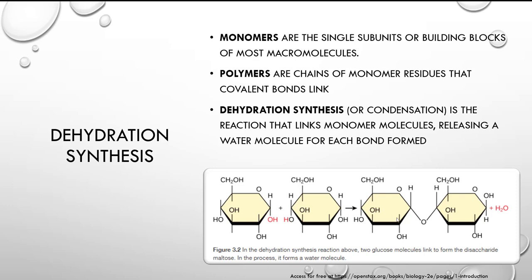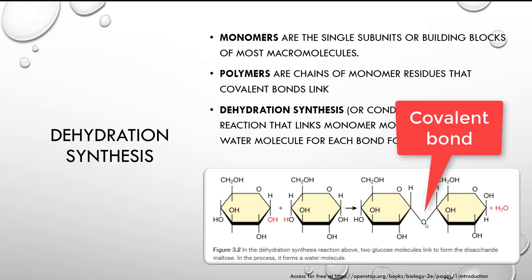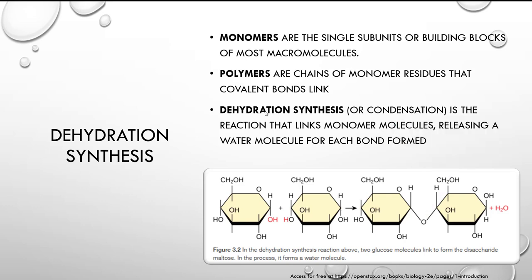Maltose is a disaccharide and it's held together with a covalent bond. And this is again a dehydration synthesis reaction. Dehydration means we're going to dehydrate it by removing a water molecule in order to bring the 2 monomers,